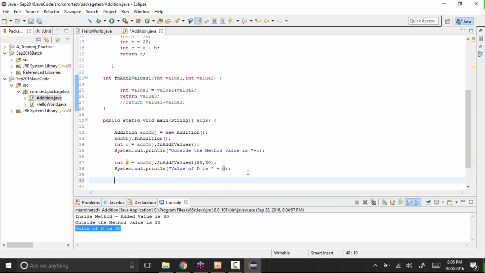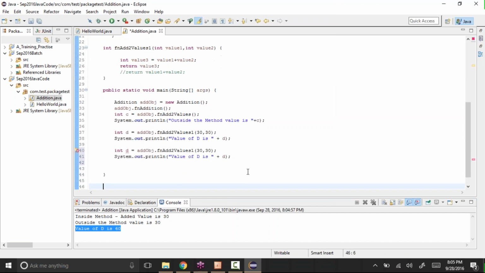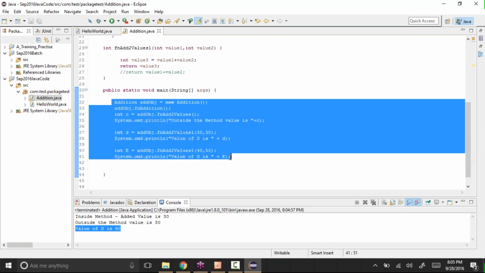So in the same way, for the same code, I'll just copy these 2 lines of code, paste them here, and let's say some other variable e, instead of 30, I'm giving it as 40 and 50. Okay, and here e. If I execute it, everything is getting executed.